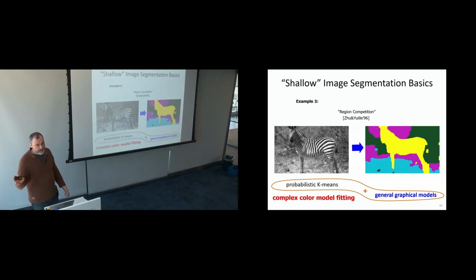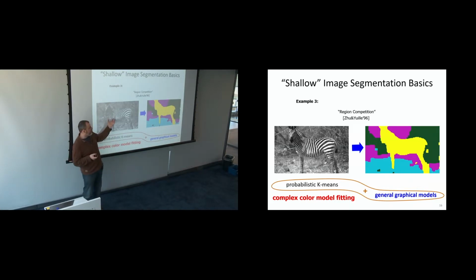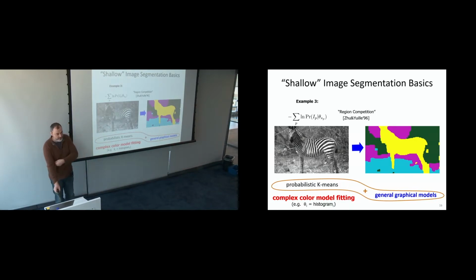But the question you may immediately ask is, this is still very simplistic. We're assuming that each unknown cluster, since we're doing unsupervised clustering, unsupervised segmentation, is defined by a Gaussian. It's not realistic. Even in this example, the zebra is already two modes. You cannot describe it by one Gaussian. So people proposed not using those simplistic models, but maybe a Gaussian mixture. Each object may be described by two modes, three modes, and you start fitting more complex models. That's the well-known region competition. Well-known at the time. I don't know if people know about this anymore, but you've heard about it.